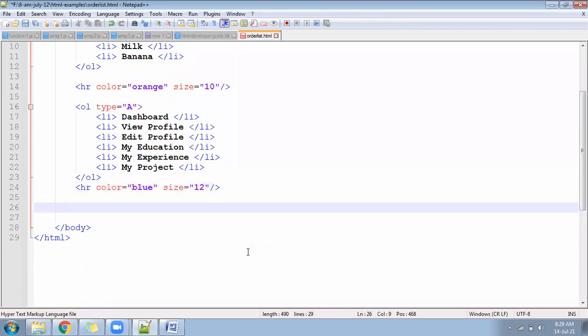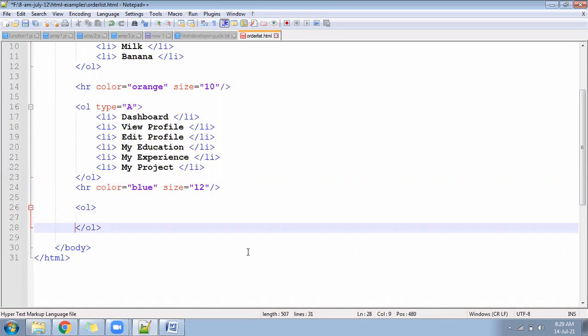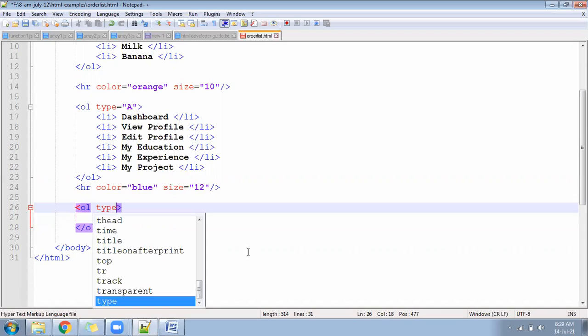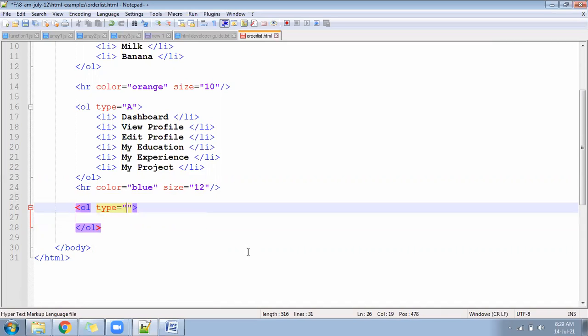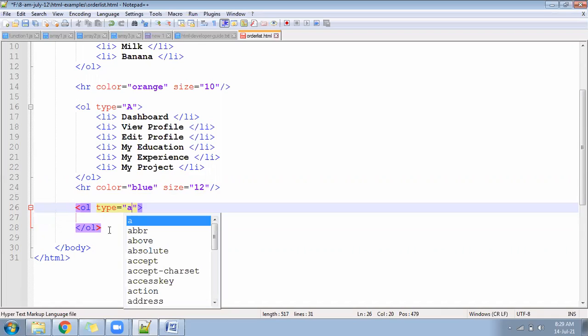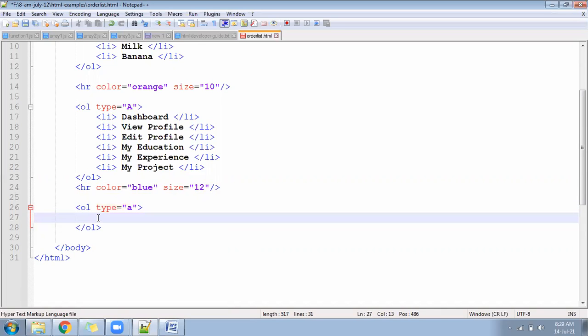Okay. So hope this is running. Now let me go ahead. Next for order list we have the type equal to a small a. So let me go here, open the OL. Inside the OL, we can write type equal to a small a. In this small a, you will again write li, and give some city name,